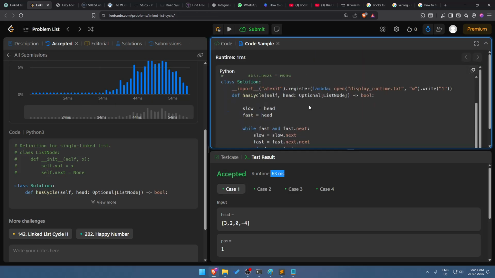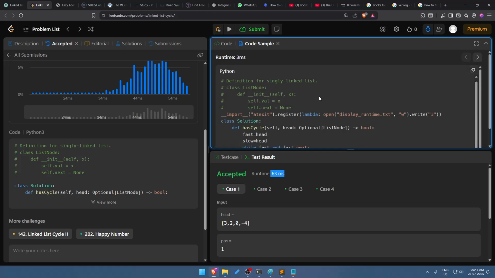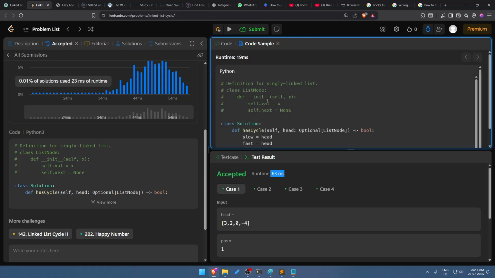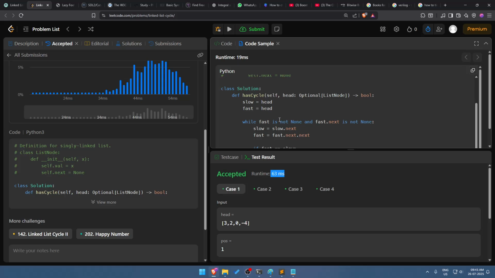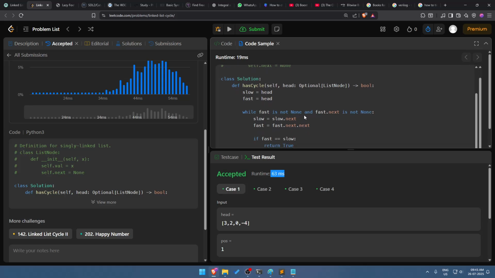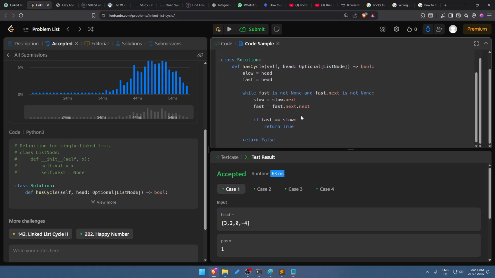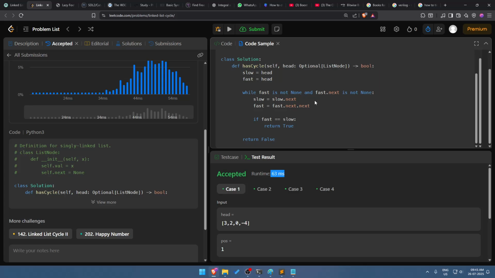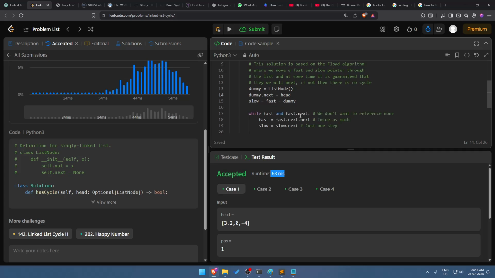Let's try the second one. Same algorithm. While fast is not none and fast dot next is not none. Okay, so I can also, if I forget this,